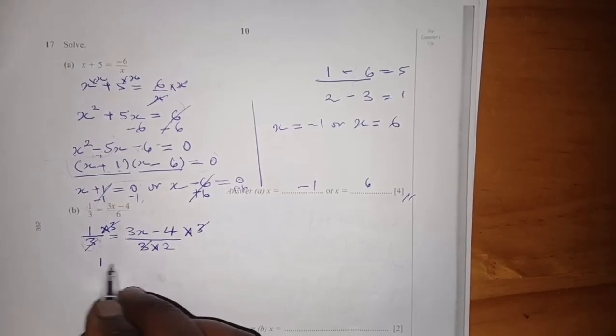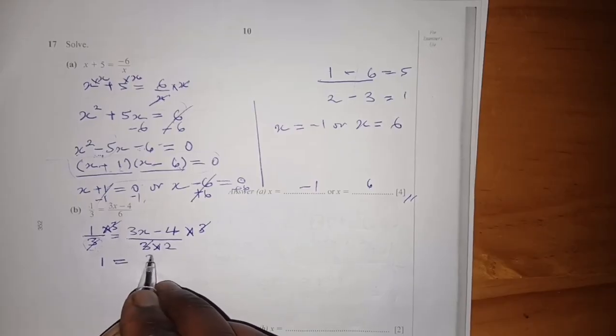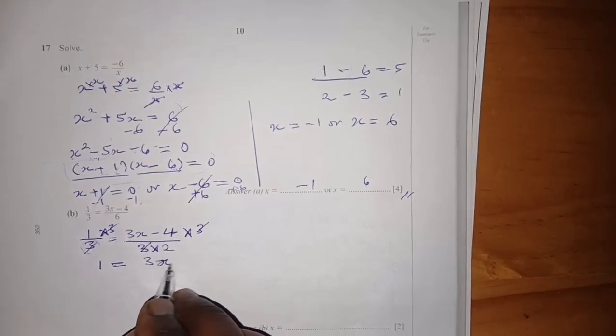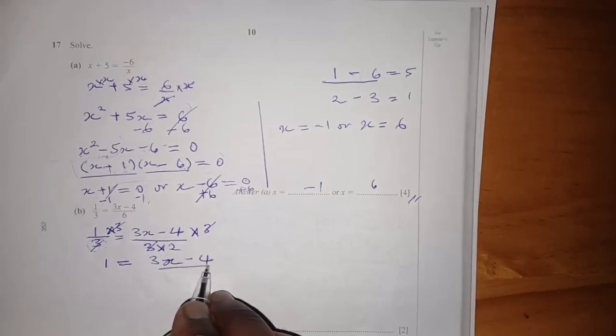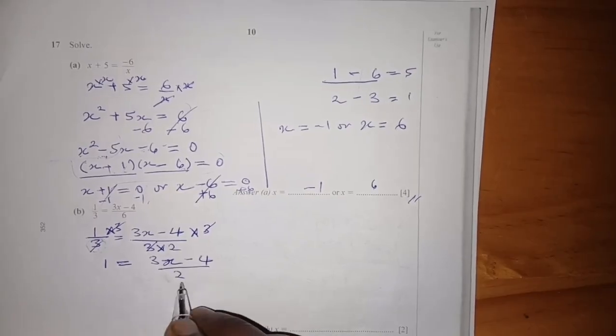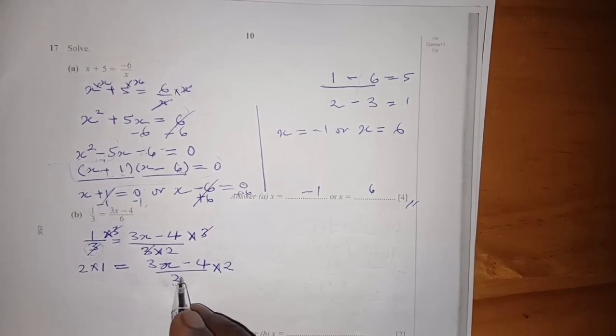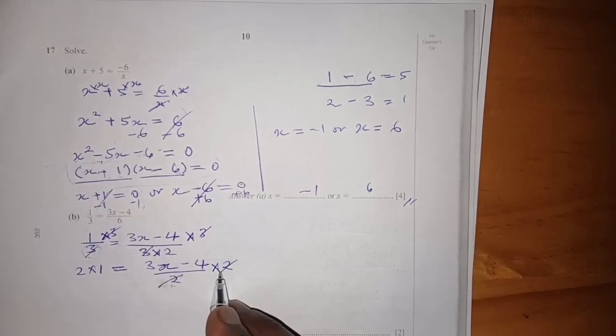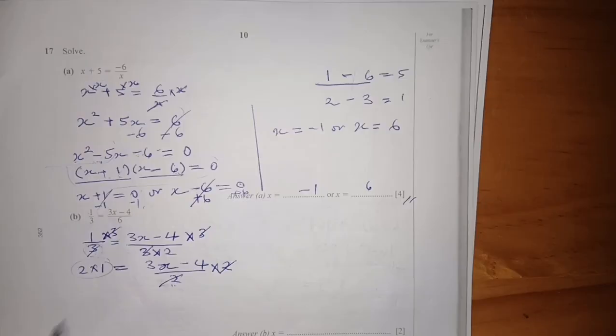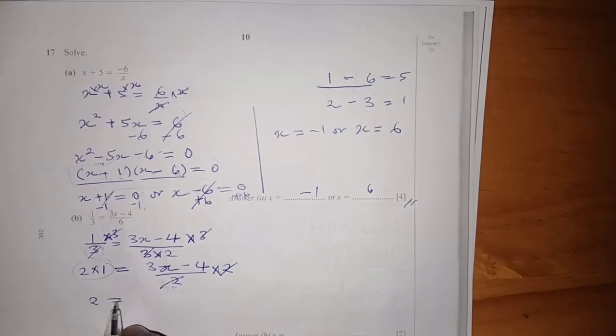Then you are left with 1 being equals to 3x minus 4 all over 2. How then do we remove this denominator? Multiply each term by the denominator. Multiply by 2. Multiply by 2. This one will cancel that. Then your 2 times 1, it's 2, is equals to